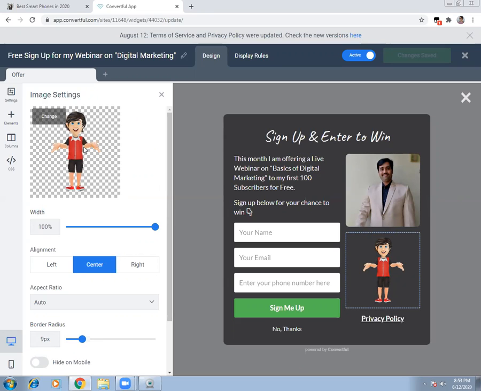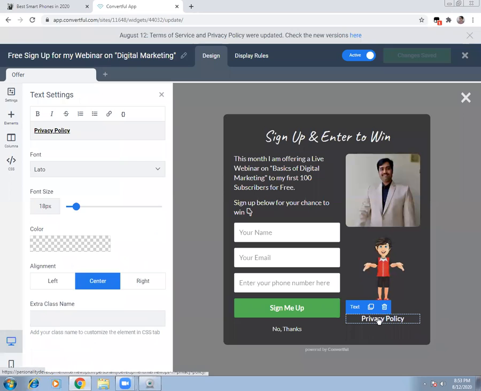This is an image which I downloaded from Google, and you can purchase images and use them so that there will be properly copyrighted content, because it's advisable to have copyrighted content. And if you're using something, check for free images and use them to create some kind of animation, an effect which will give happiness to your visitors. And put a privacy policy, something like this.